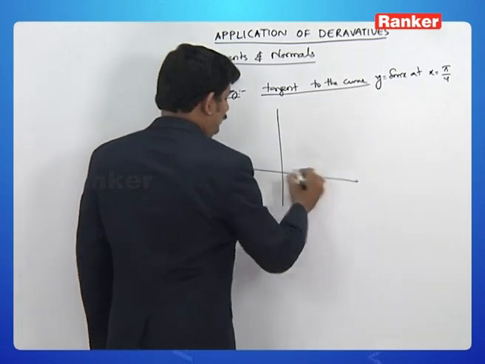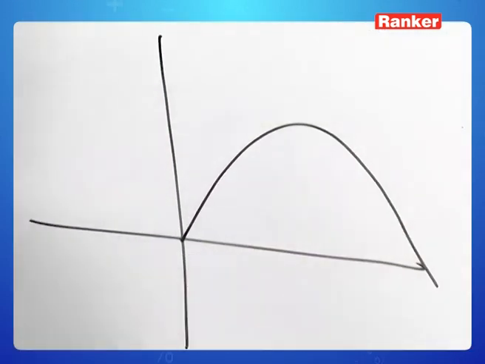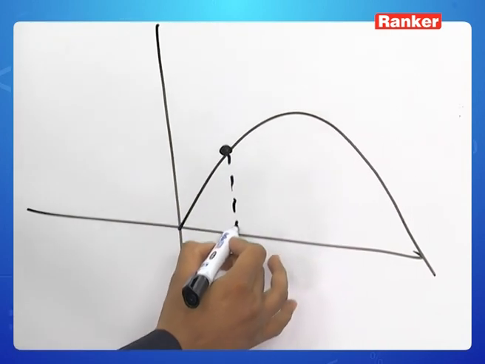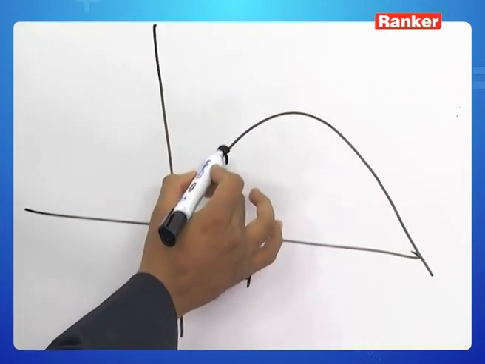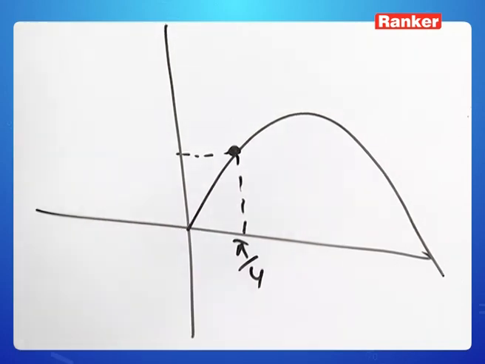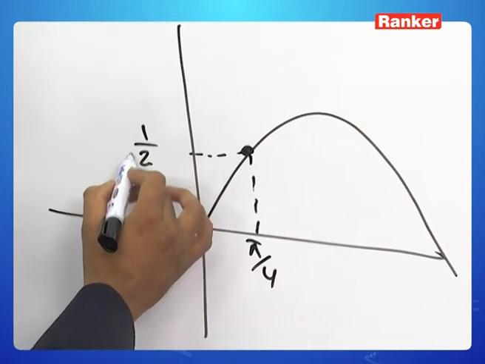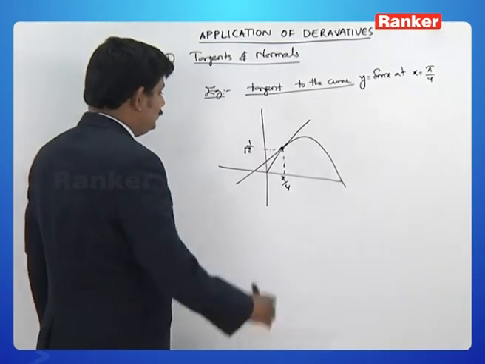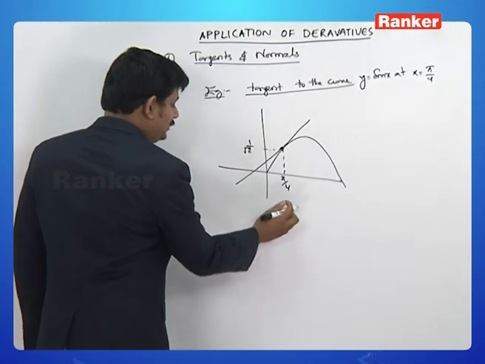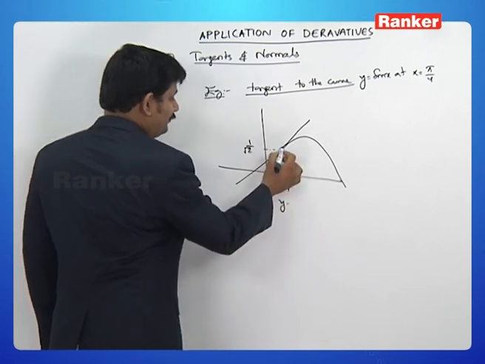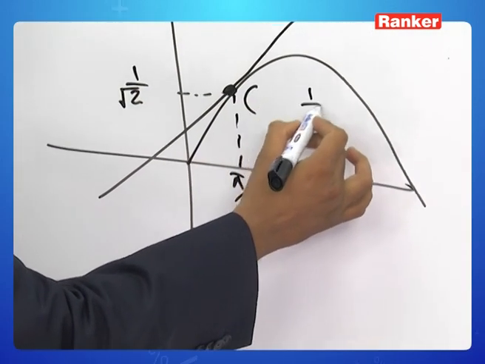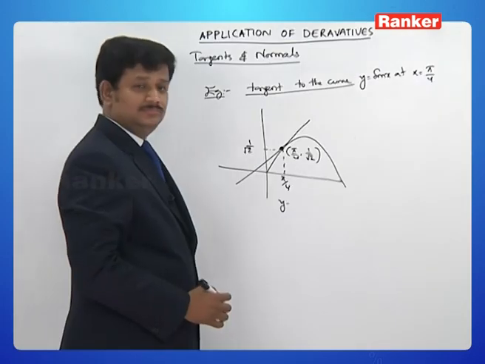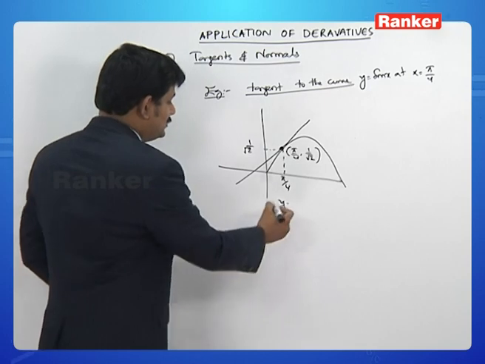Let us see, we all know the graph of sin x. This is how it would be between 0 to pi. We want tangent line at the point whose abscissa is pi by 4. Its ordinate we know, sin pi by 4, 1 by root 2. We want to find the tangent equation. So, tangent equation is given by y minus y1, y coordinate at this point (pi by 4, 1 by root 2) is 1 by root 2